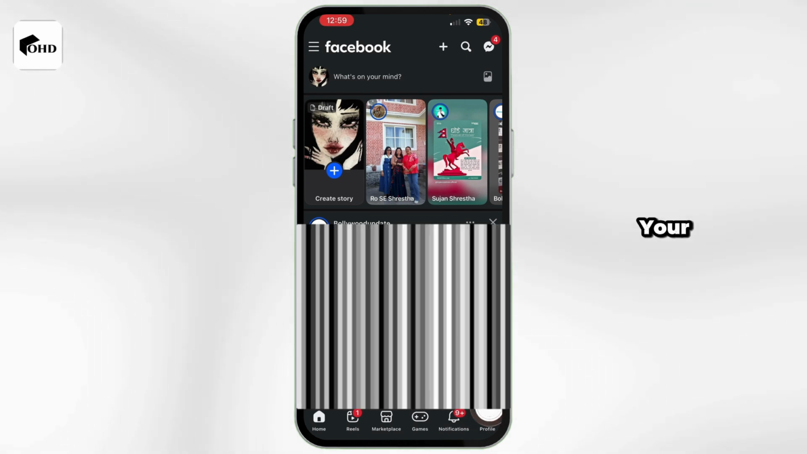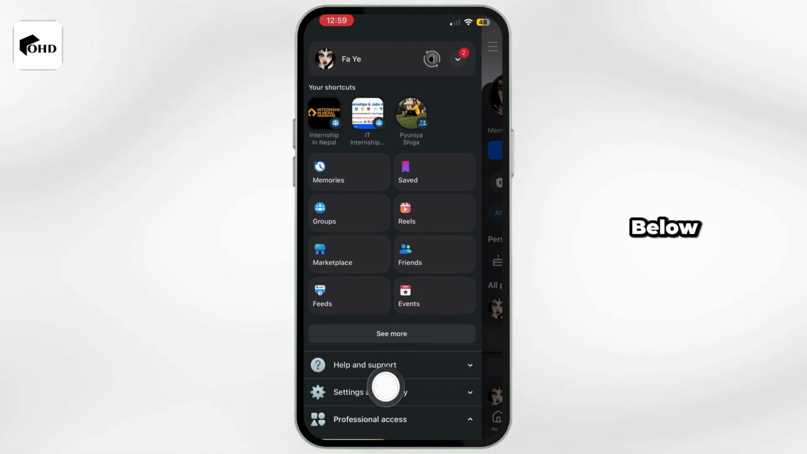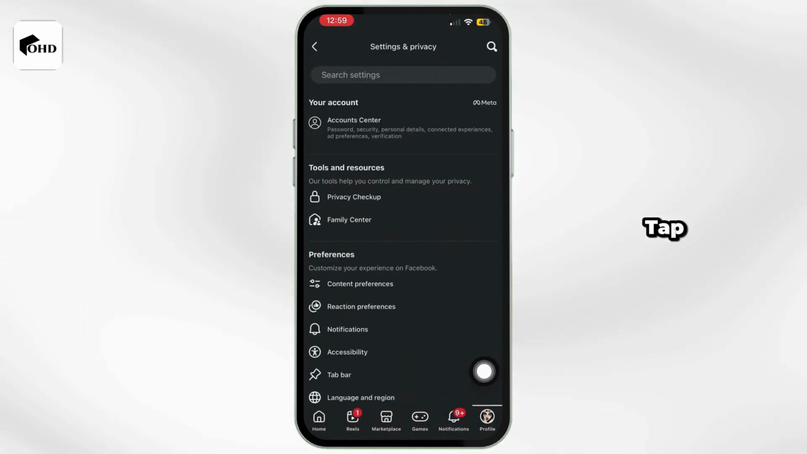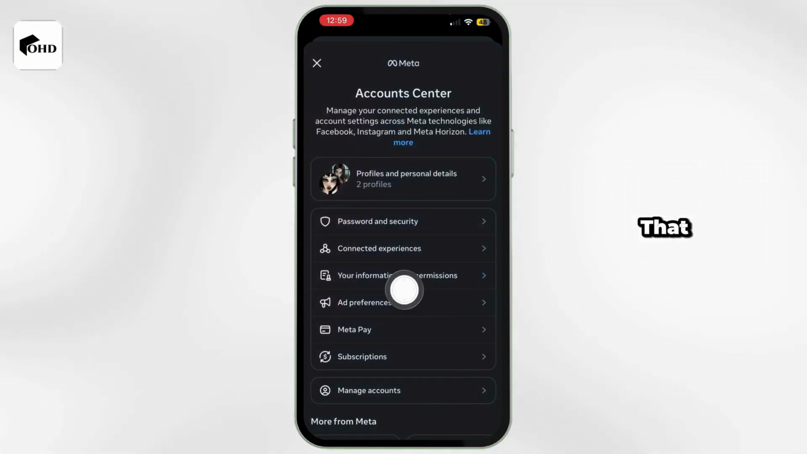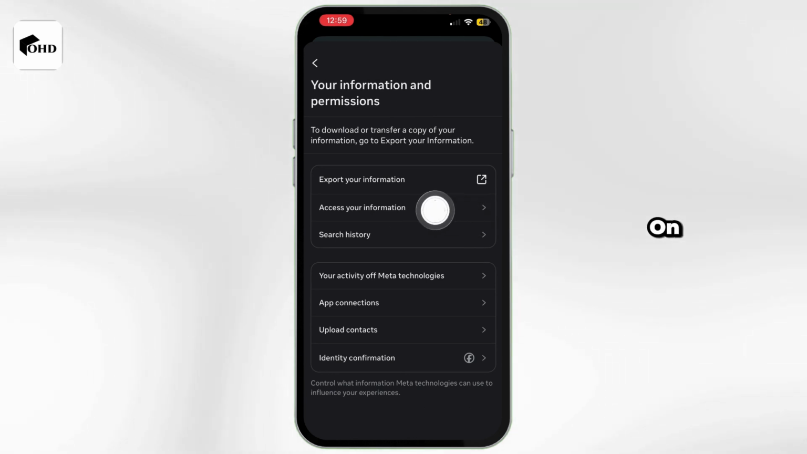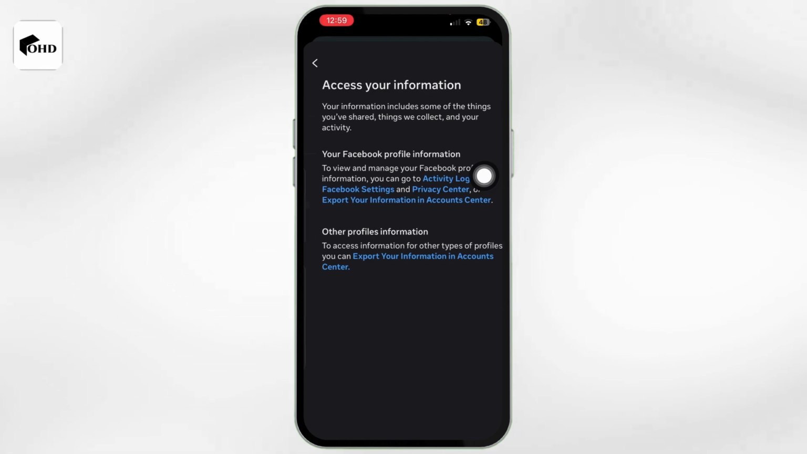Once logged in, tap on your profile icon, then tap on the three-line icon. Scroll below, tap on Settings and Privacy, then select Settings. Inside here, tap on Account Center, and just like that, tap on Your Information and Permissions. Now, you can simply tap on Access Your Information, and from here you can go ahead and view and clear